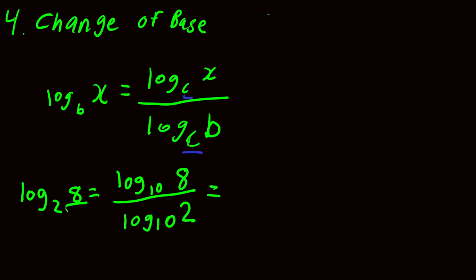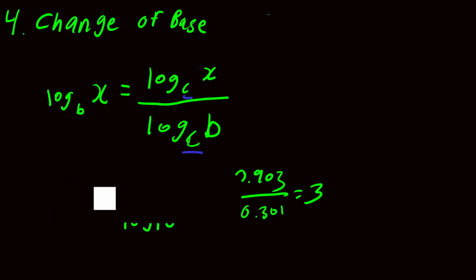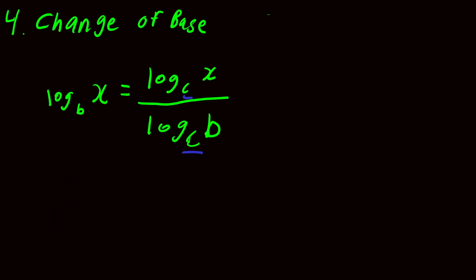If you do it out in your calculator, eventually it's going to become 0.903 over 0.301, which equals 3. We didn't need to do it on a calculator, but let's just pretend. So that's how change of base works. It's really easy. That's how you switch from one base to another base. Personally, I've only ever used it if I needed to type something into my calculator and it didn't have the specific base I was using. But you might use it for something else. Now let's move on to